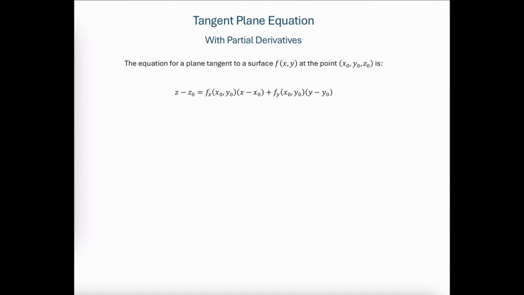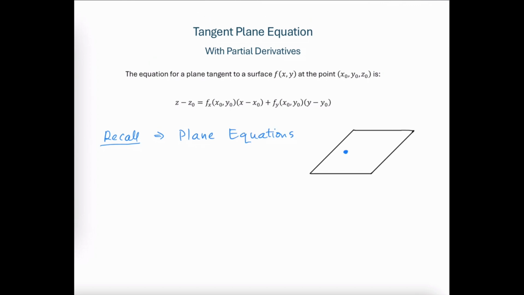We're now going to derive a tangent plane equation, one that uses partial derivatives. So this tangent plane equation can be written in this form, where we have it solved for z minus z naught, and we're using these two first partial derivatives as multipliers on our x minus x naught and y minus y naught factors. So let's recall what we already know about plane equations, which is that if we have an